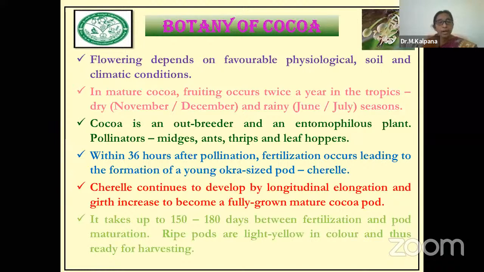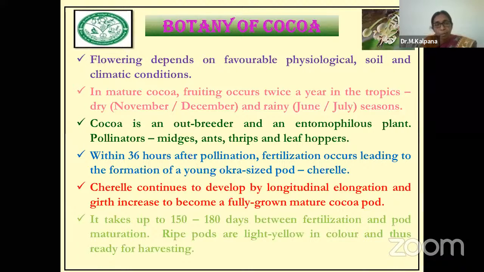One is in the dry period, that is November, December. One is in June, July. But in our conditions, in AP conditions, the fruiting is from January to June. The main fruiting season we will get in the months of January to June, whereas a half season we will get in the months of July, August. Okay, this cocoa flower is